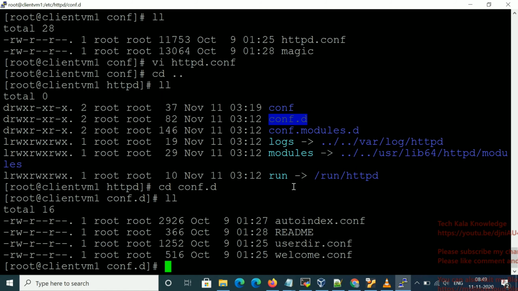Suppose you have any SSL related configuration, then you have to create the SSL file here. That is also as per your requirement. But for learning purposes, there's no need to create anything. You can install, start, write your HTML code, and test it. Okay, so I hope you understand the concept, how to install httpd and how it works.